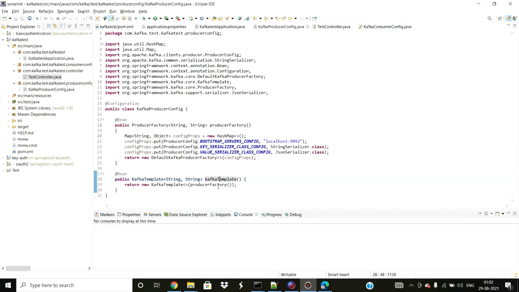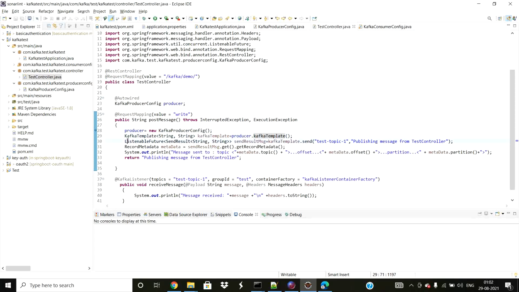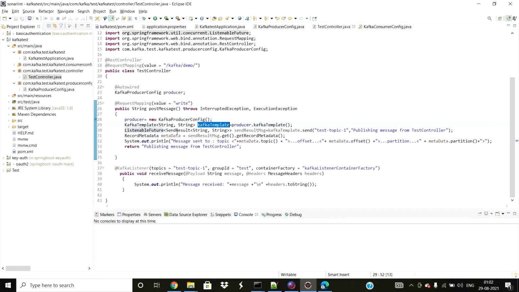This method would be called, and from here the producer factory will be invoked, and this has all the parameters. I've initialized the Kafka template as well, because it has the method to send data onto a particular topic.